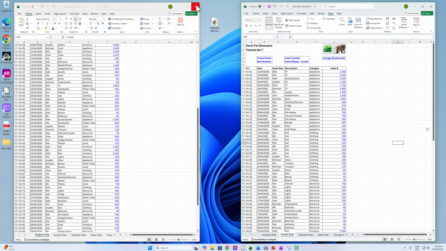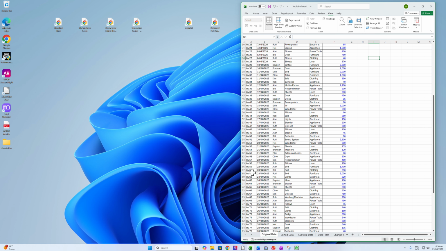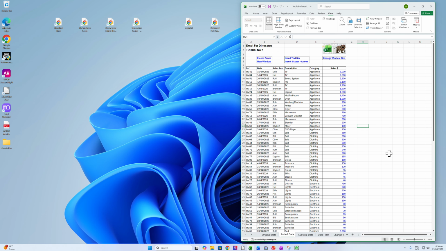If you didn't have that, if I close the spreadsheet and I wanted to view that, I'm in the sorted data, I'm looking at $180 for invoice 63. I then have to go back to the other sheet, find it and go, oh, that's 63, that's Kadon, that's a mixer. Come back to the sorted data, that's 63, that's Kadon, that's mixer. So